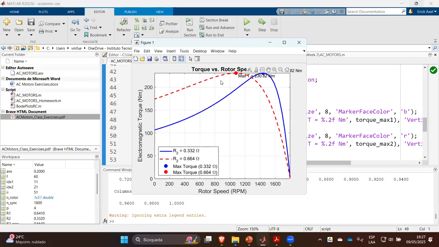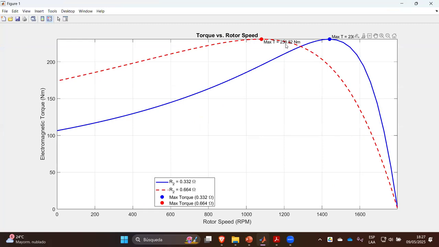And in the second curve, we have the maximum torque when we are doubling the resistance of R2. But you can notice that they occur mostly at the same point. If we analyze this point in detail, you will see that changing the value of R2 changes the curve, but it does not change the maximum torque that the motor is producing. And this is expected because, if you remember, the equation for computing the maximum torque does not consider the value of R2. But the curve in general changes,